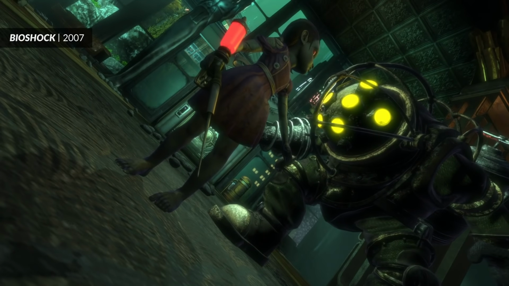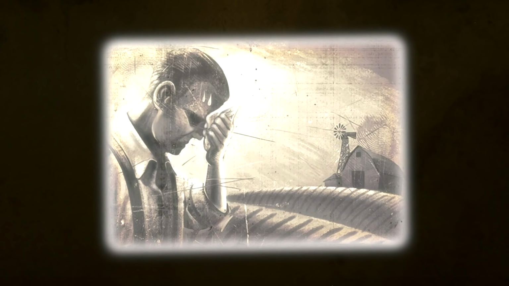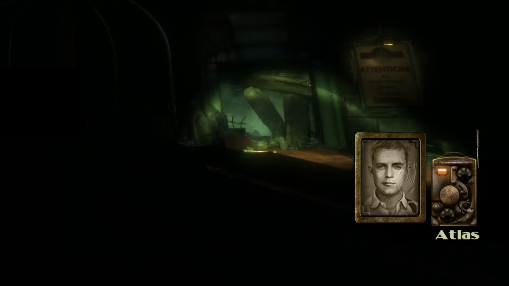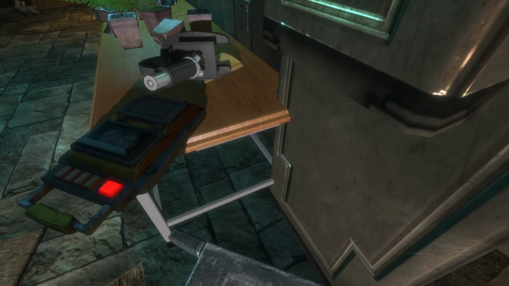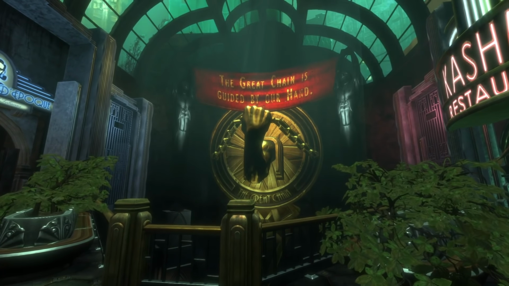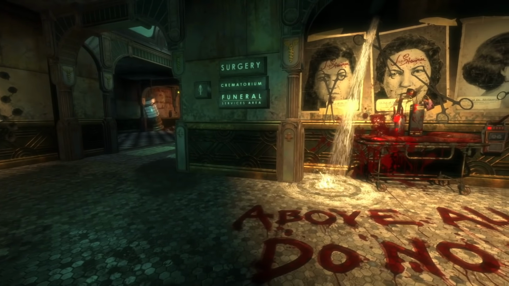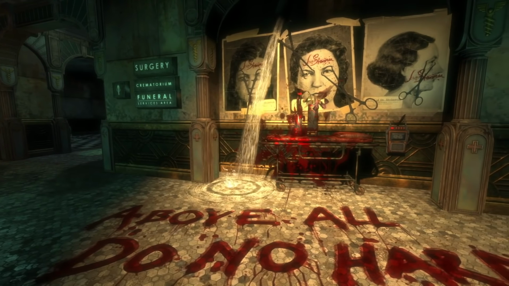Imagine a version of BioShock without cutscenes, without Andrew Ryan's bathysphere PowerPoint, without Atlas yapping in your ear, and without those juicy audio diaries. Do you think players would still understand what the game was all about? Well, I think they'd actually have a pretty good idea, because all you have to do is look at your